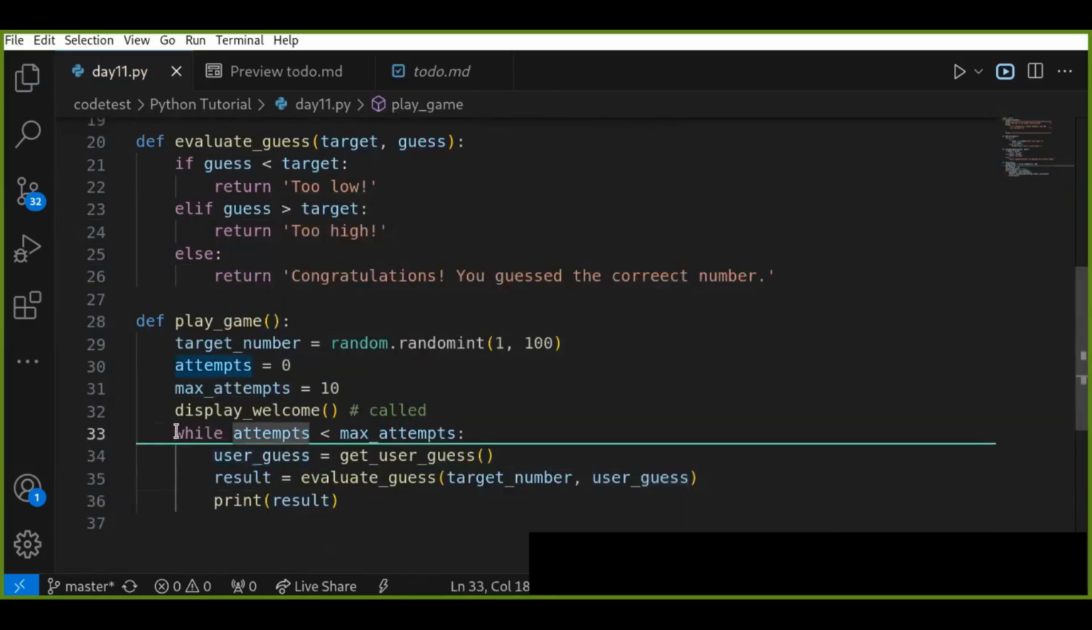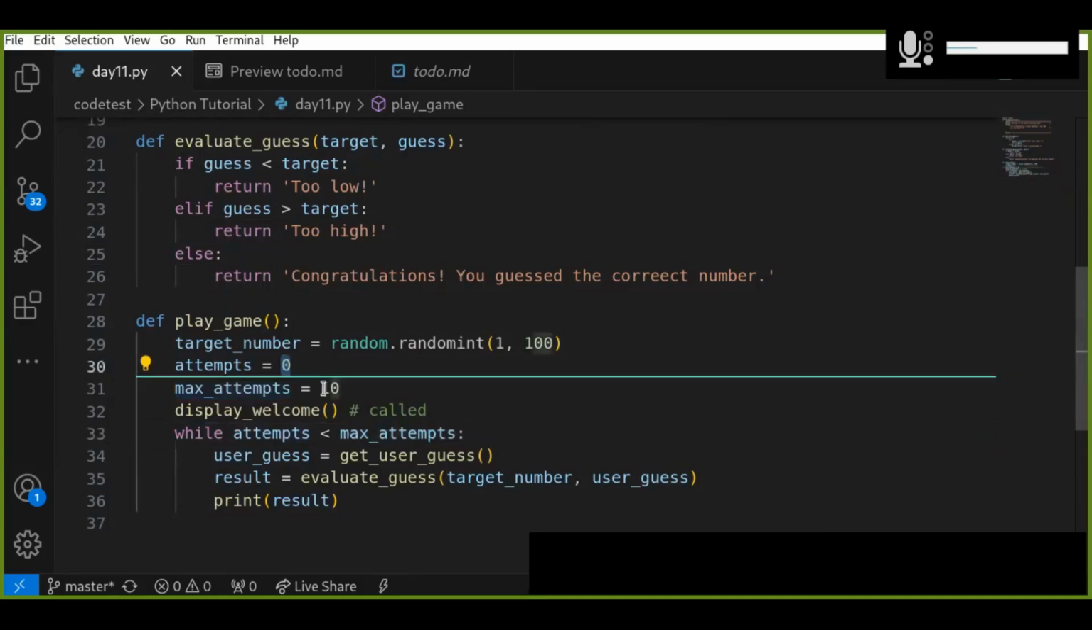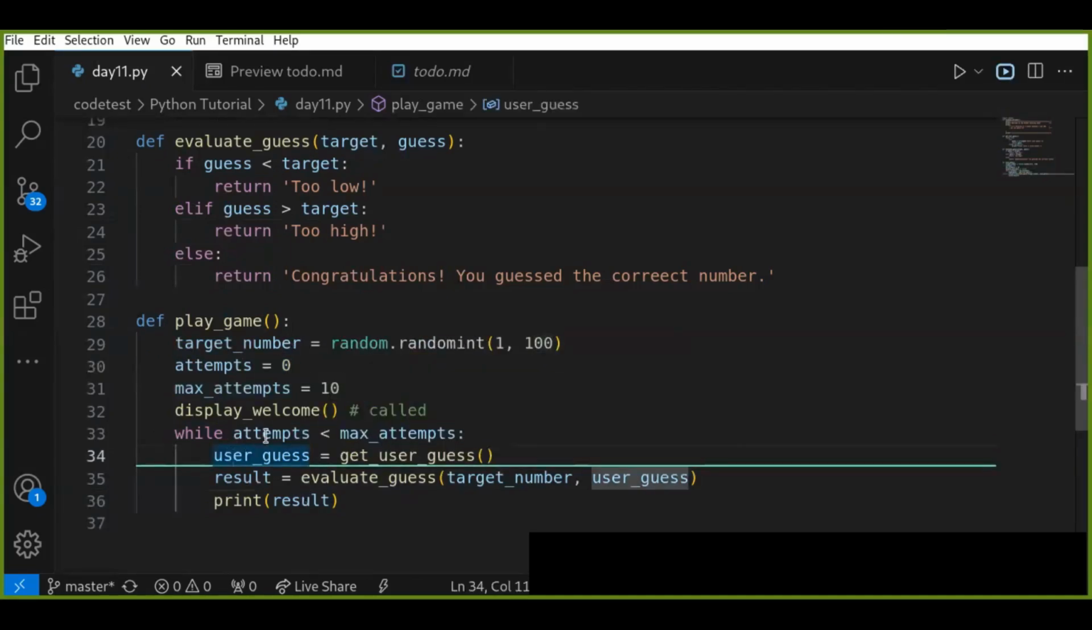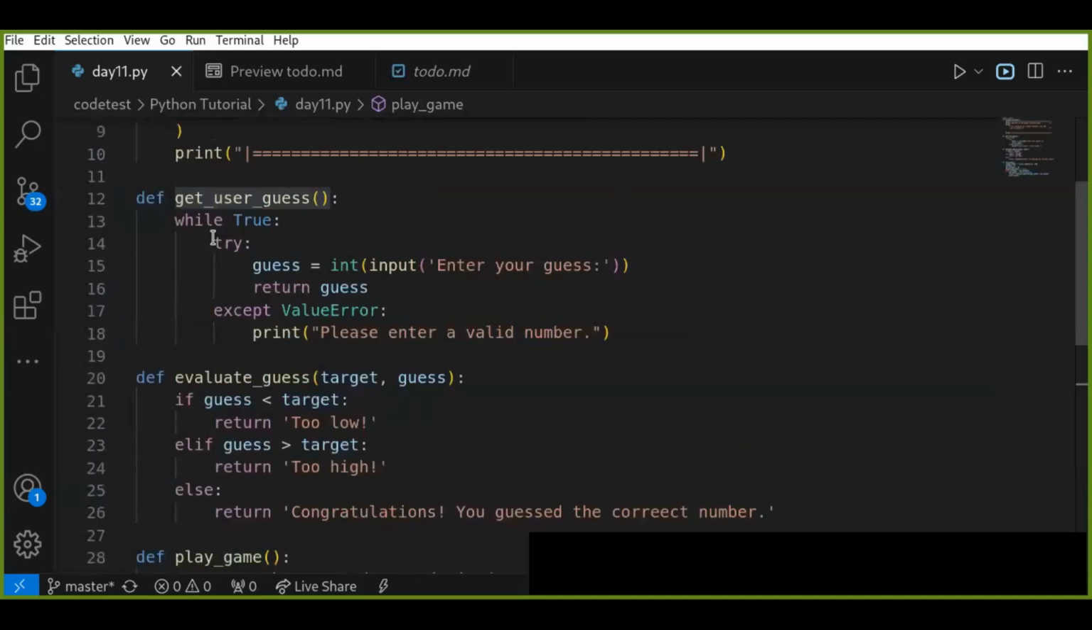Okay, then there is a while loop that evaluates the condition. If the attempt is less than maximum attempts, here the initial attempt is 0 and the maximum is this. And this attempt is going to increment by 1. If that attempt is less than maximum attempts, allow the user to input another guess, which calls the function get user guess. The user guess just allows the user to input another number, and